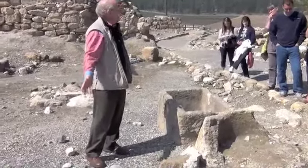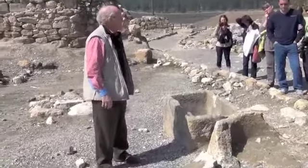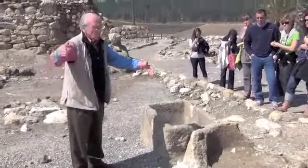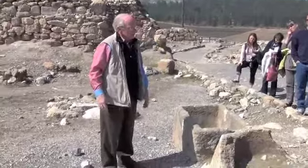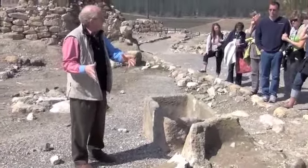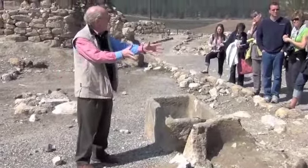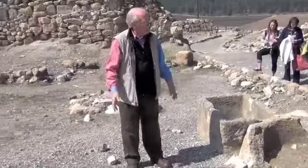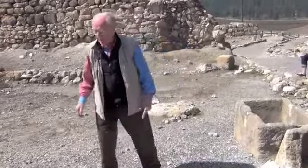You see, Yadin said they were horse stables, and his opponent said no, they were storage barns. And one of the problems was it wasn't wide enough for a horse that another horse could walk behind it. So you'd have to put them all in one after another, bring them all out one after another. And so, his name's escaping me now, but Yadin says, well, small horses, so they could get behind. And then the idea is that the horses came in with the carts into the middle room, and then they offloaded the material. But nevertheless, Yadin's idea has prevailed, 400 horses,